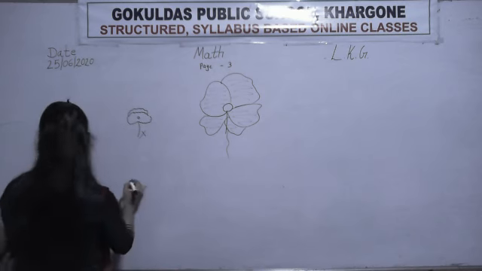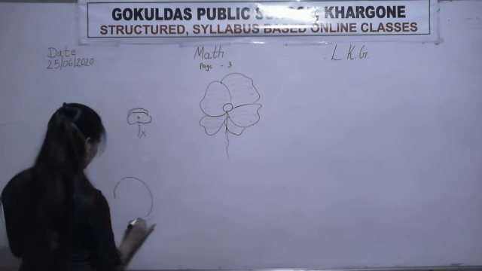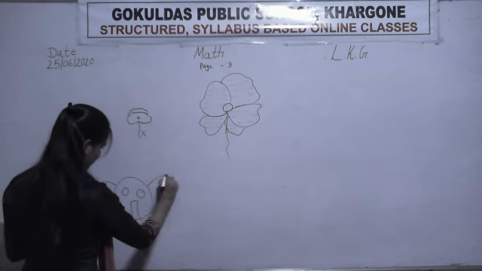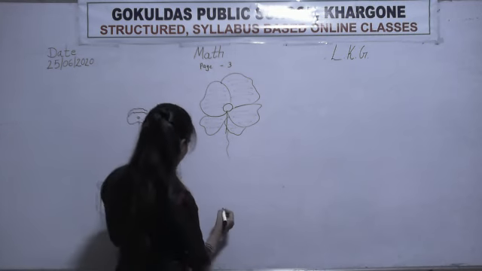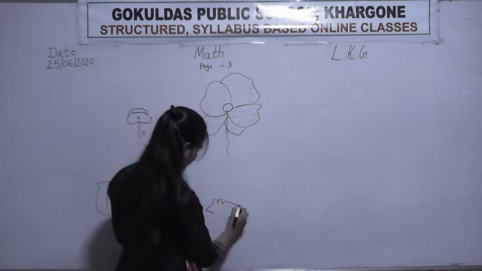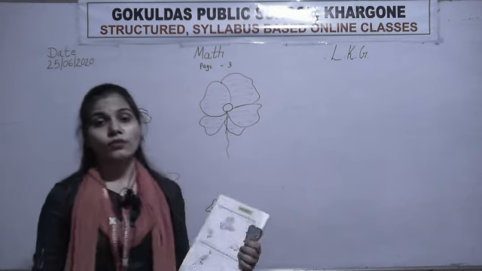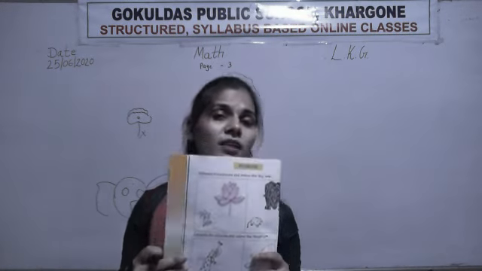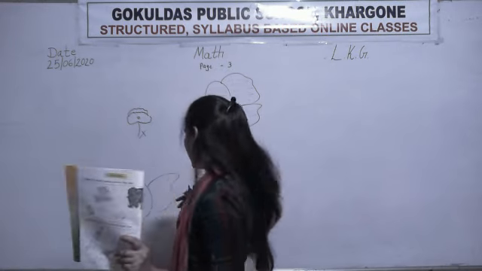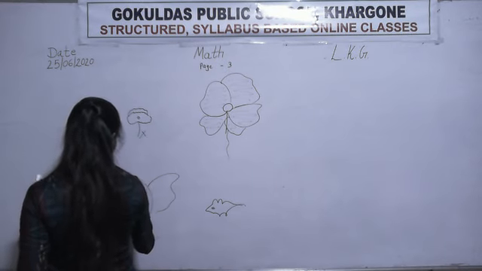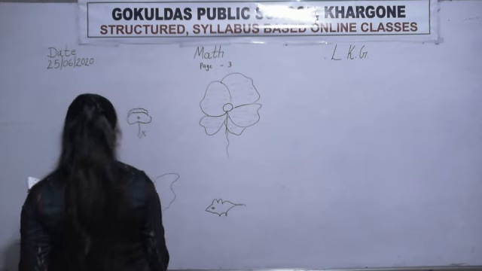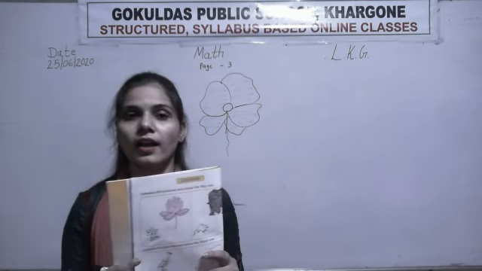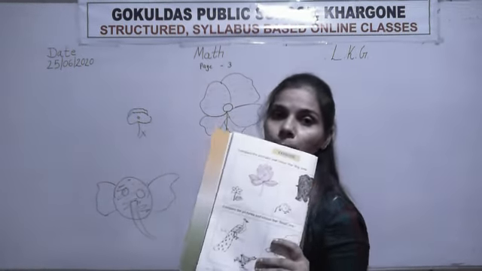Now the next example is the big one, an elephant, and here the small one, a rat. Okay, so which one is the big one? The elephant is big, yes. And what is the color of the elephant? Always black. So we color the elephant black. Use your crayon colors and color the picture of the big one.